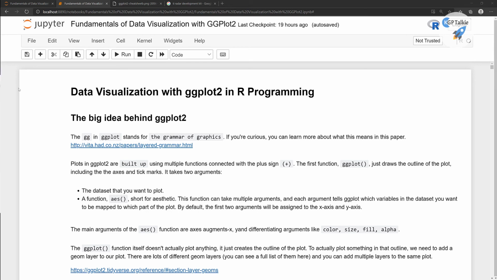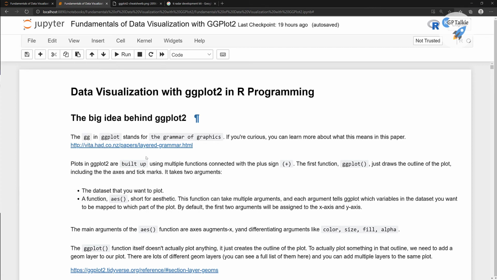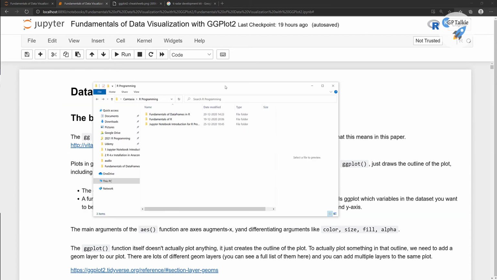And you can create a new file. In fact, from here itself there is a new notebook, and you can create an R file in your Jupyter Notebook, and then you can get started with the coding. Although I have already given this resources folder in the course, you should download it from the resources section, and then you will get all these code files in a folder there, and you will be getting something like this.